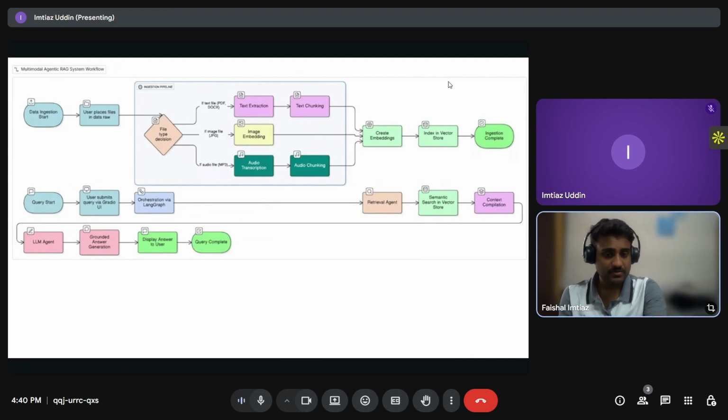Our last step would be the generated answer. The system can optionally provide citations or reference links in the answer, ensuring full transparency. Once done, the query is marked as complete. We have also added the feature of multi answer generation. In conclusion, our multimodal agentic RAG system brings together the best of multiple AI disciplines, which are